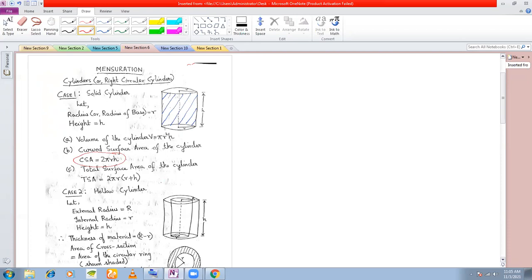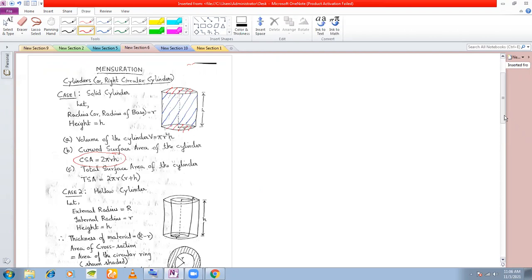Okay, and when I'm talking about the total surface area of the cylinder, I mean the surface area which is shaded in blue, that is this curved part, and you also have the area of these two circular bases. You add up these areas, you get the total surface area of the cylinder. So these are three fundamental formulas. If you remember these three formulas, you can derive all the other formulas. You don't have to remember any other formulas.